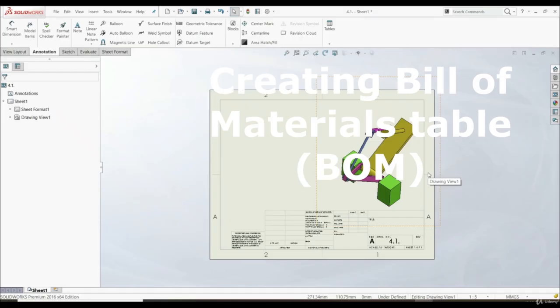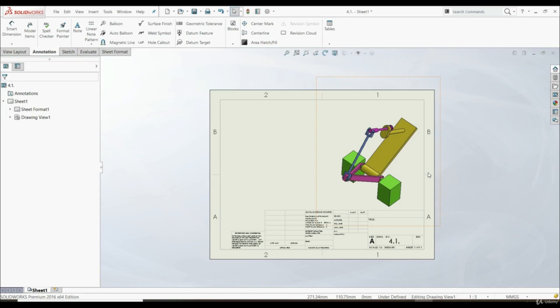In this lecture, we're going to show how to create a bill of material table, or BOM. A bill of material table is a table that includes all the materials, parts and sub-assemblies required to build a specific assembly or a product. So we have an assembly here, and for this assembly we want to create a bill of material table